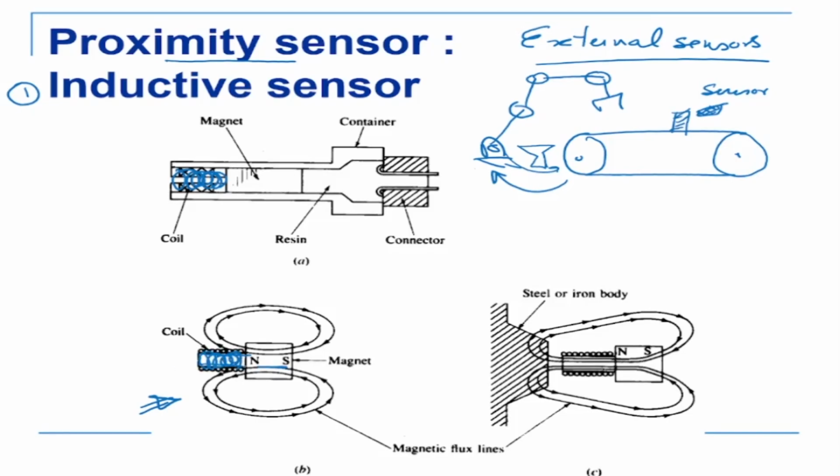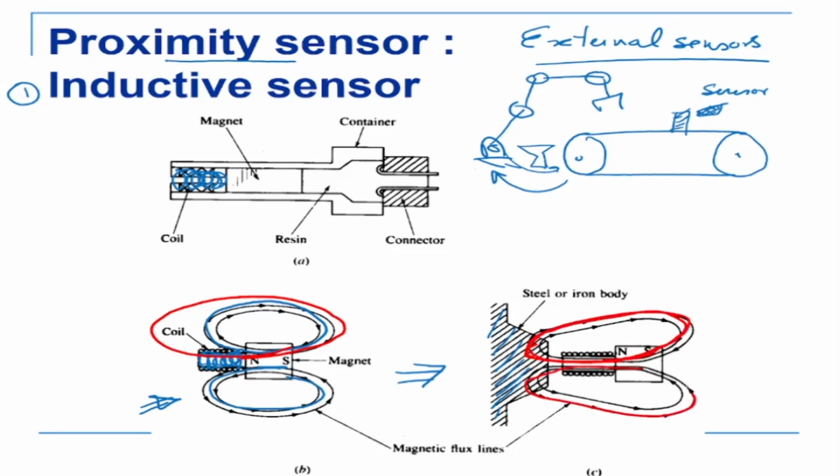Now if you look at this bottom figure, what we see is the lines of force are moving like this, which means that the lines of force are not going into the coil, or they are not cutting the coil. But the moment an object comes in front, as shown on the right hand side, suppose a ferromagnetic material or iron, a material made of iron comes near it, what would happen is the lines of force will be pulled out. So the lines of force was like this, so they'll immediately be pulled out. Let me change the color. So the lines of force will be pulled out like that, as you can see, because the ferromagnetic material has come in front. Because of magnetic induction, the lines of force are going to be pulled out like this,